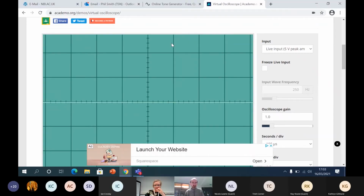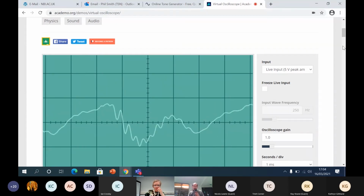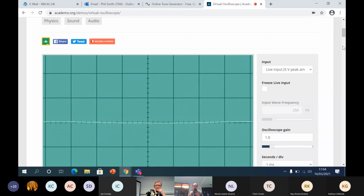Okay, so this is at an address called academo.org, and it's a virtual oscilloscope. And what you're not seeing, probably, unless I'm just in the corner in very small, is I'm just plugging in a USB microphone. Okay, so you can see what happens when you speak into a microphone, and it forms different shapes. And these are the different sound waves at different frequencies. So if I start humming,